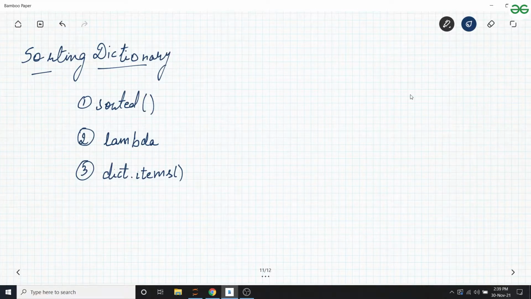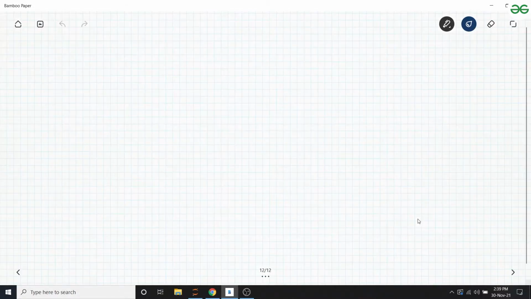What I'm saying is that dictionaries are still unsorted, they are still unordered, but with a little bit of trickery and whatever little knowledge of Python we have, we can have a very good attempt at sorting a dictionary. Okay, so let's begin. So first of all, we need to see what exactly sorting a dictionary means. Let's find out what it means.